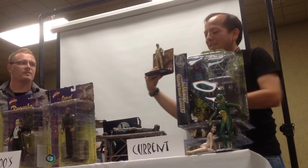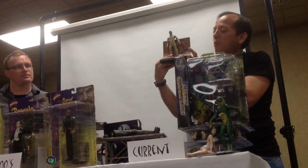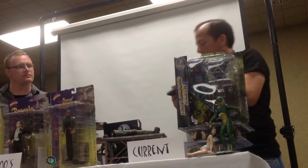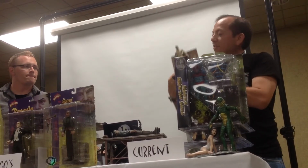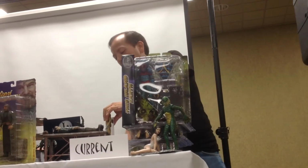I mean, the base isn't the same as the Jacks. It's just a cardboard backdrop with a little base with the actual logo on there. Is that a sticker over it, or is it actually painted on? No, that's painted on. Yeah, it's painted on. So I had the mummy just to go with them. And then, of course, me being me...